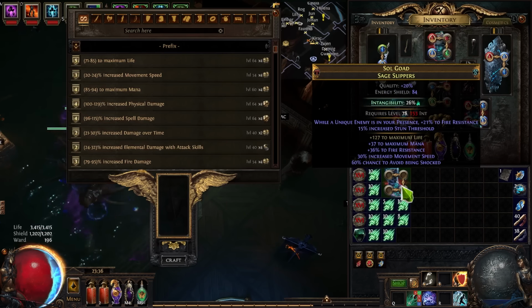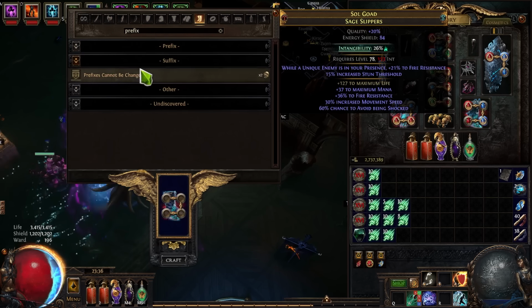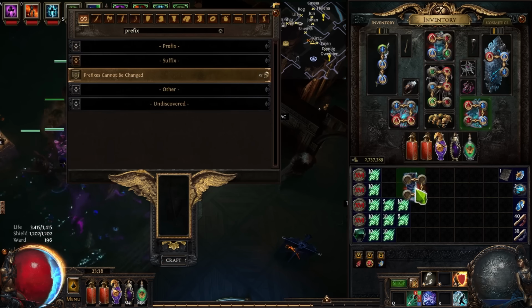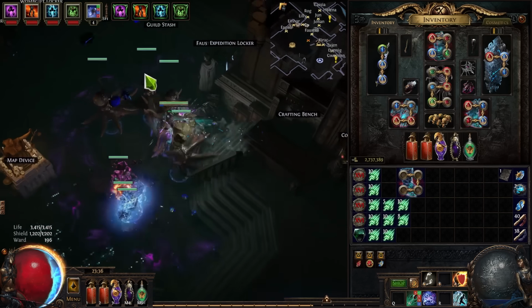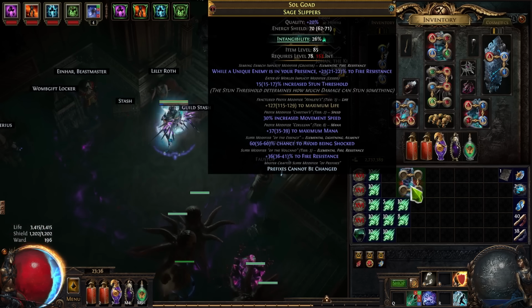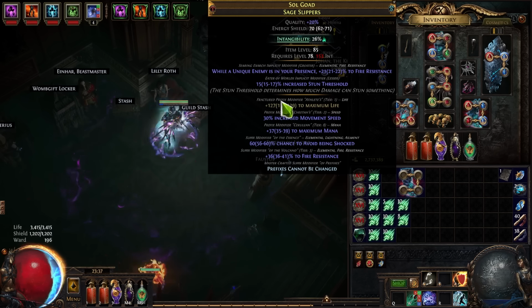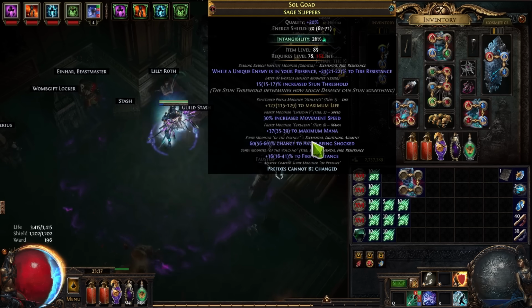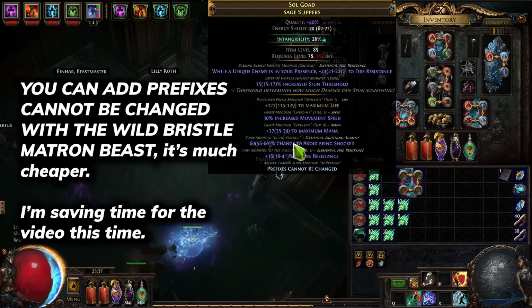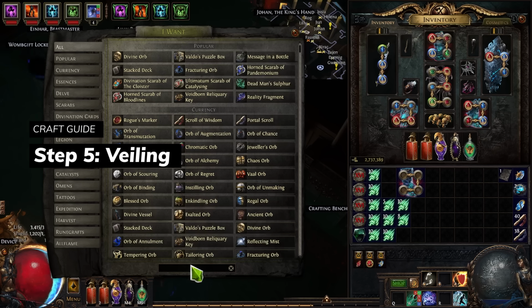After that, we're going to just get prefixes cannot be changed. And after we got prefixes cannot be changed, we can use the veiled modifier. Since our prefixes are full and they can't be removed, the veiled orb is just going to remove one of the suffixes. We have about 30% chance for it to end badly if we're going to lose chance to avoid being shocked. And at the moment, we are going to get